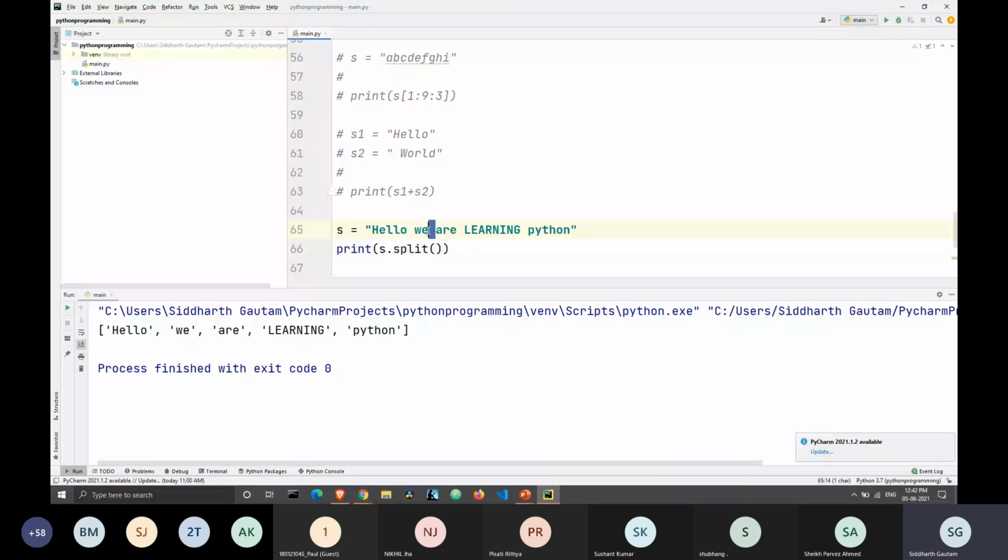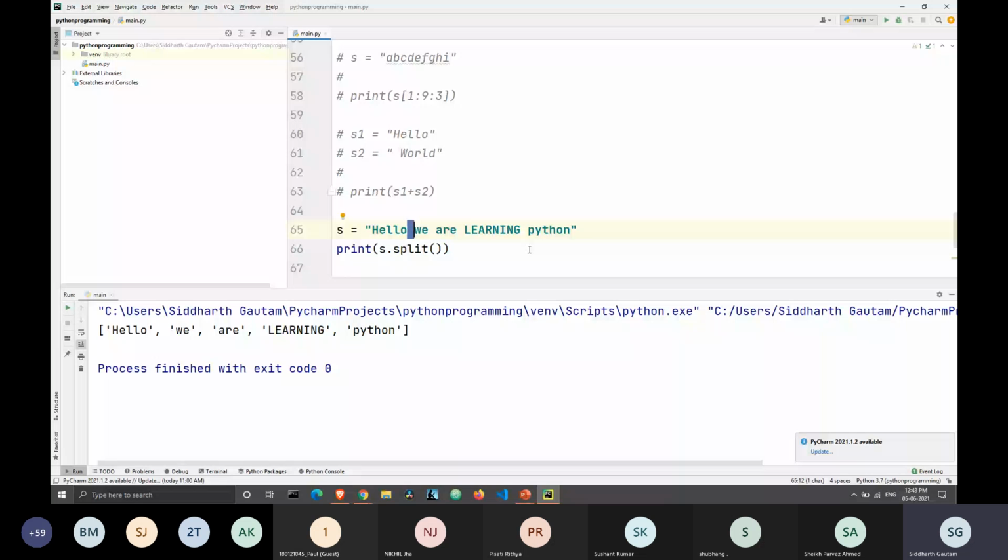So what the split function does is that it takes a string and converts it into a list, and the elements of the list are individual words. How do we know what individual words are? Python defines that using white spaces. So wherever Python encounters a white space, it will just split the element right there.